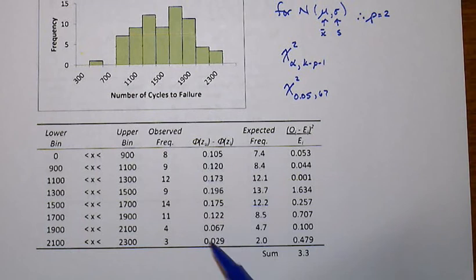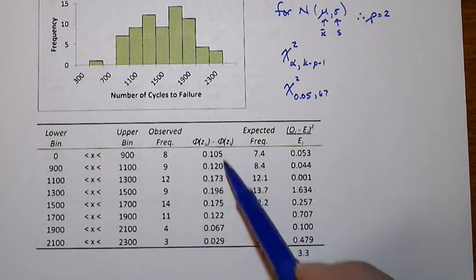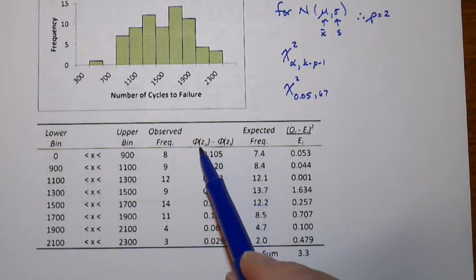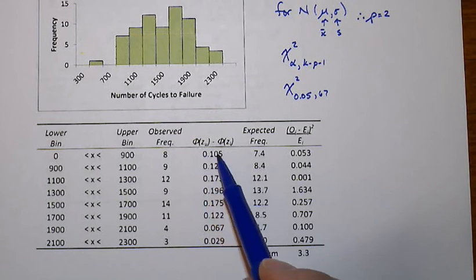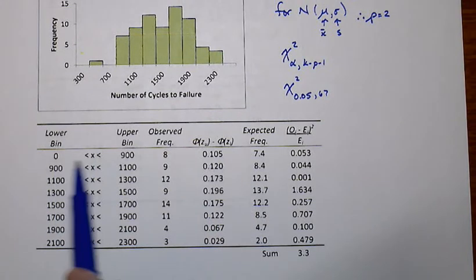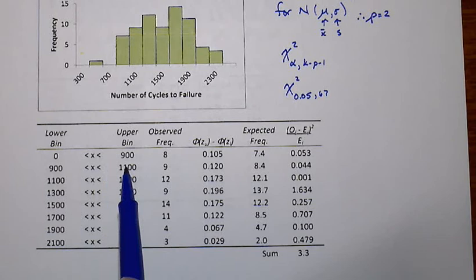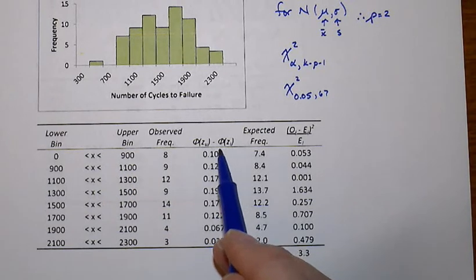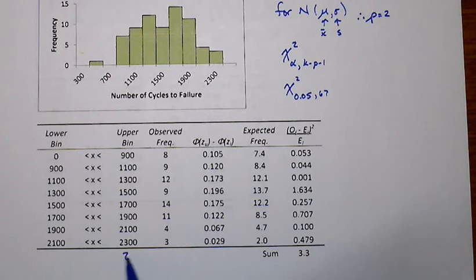And this right here is an intermediate calculation column, right? This is theoretically what we would get from the probability of seeing the data from 0 to 900 in that region, and then theoretically from 900 to 1100. And the way that we got that is, you see the z sub u and z sub l there. The z sub u is associated with the upper bin, and z sub l is associated with the lower bin, and where the z is just calculated by